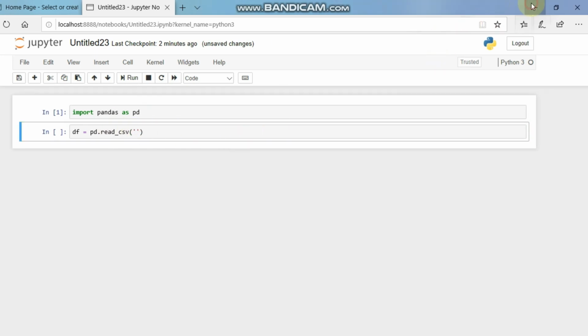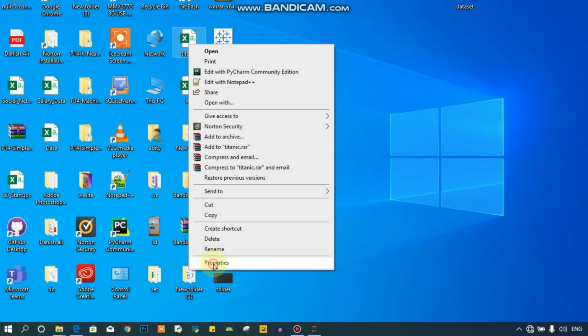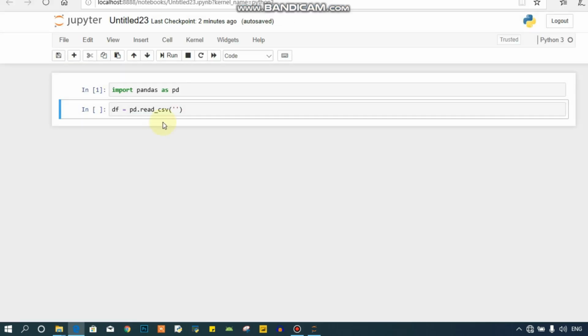So I'm going to copy the path of my dataset. So this is my Titanic dataset. I will go to the properties and from here I will copy this path. Now I'll paste this path here.